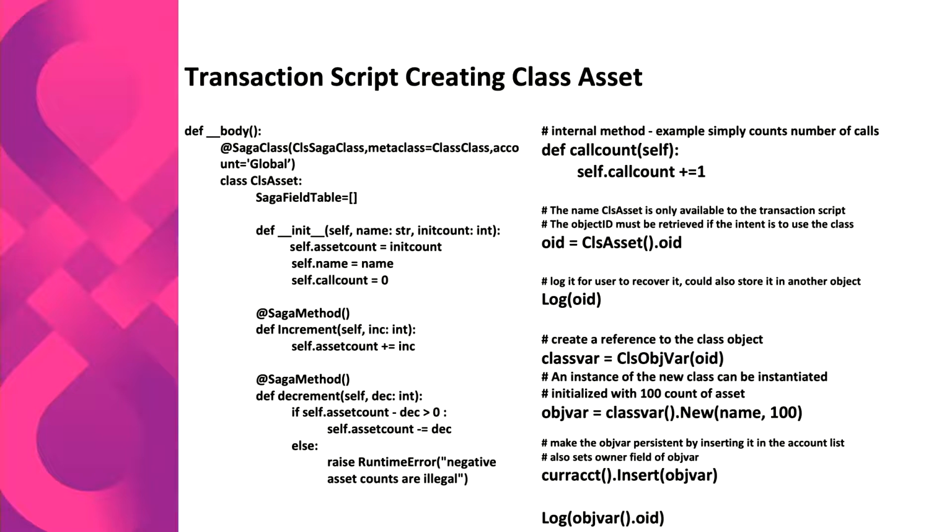So again, a class in the class manager infrastructure consists of methods and fields. That's the actual interface to it. Then you'd be defined somewhere. This is where they're defined. You define the fields with the Saga field table, and then if you were to initialize them, you would use the same command, which is right below it, double underscore init double underscore, with the parameters that you're initializing it